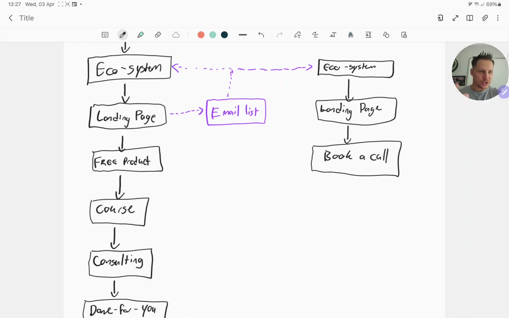Okay, and you're going to listen to them and find out what they're really struggling with. You're going to ask them, hey, listen, why haven't you been able to do this yourself? XYZ, take them through the entire process. You're going to diagnose the problem, and then from there, you're going to transition to the done for you service, right? So done for you.